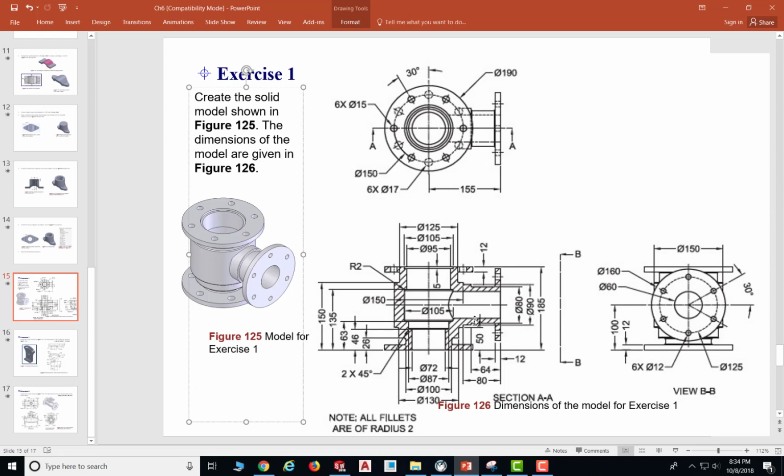We don't recommend you to draw this shape here, then revolve, because you will have gaps in between. So the gaps here, you will not be able to fill them out until you use another function called convert entities. Okay, so the easiest way is to draw this part first, then you revolve,